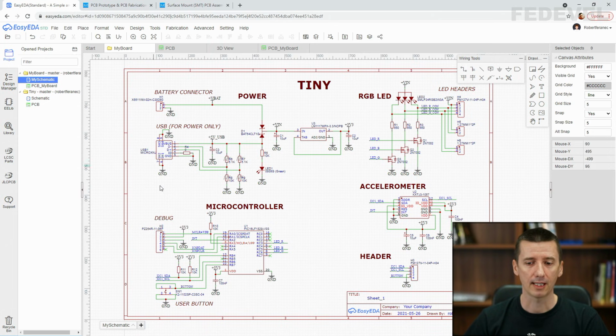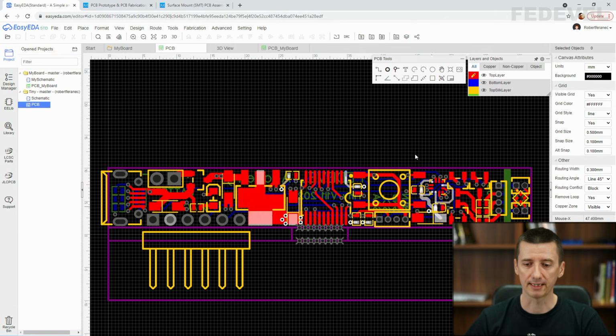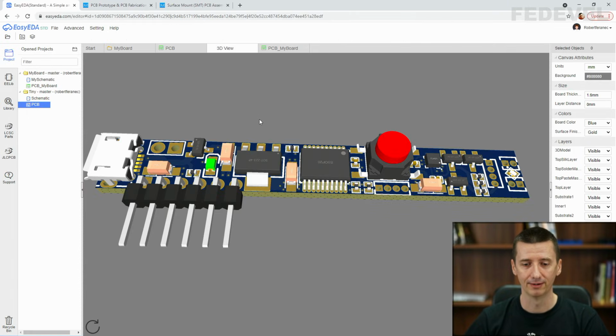Then once we have this schematic, we will also learn how to design PCB. Again, I will explain what you may want to think about when you will be doing layout, when you will be drawing the tracks, when you will be placing components. And once we design this schematic and board, this is how it is going to look.